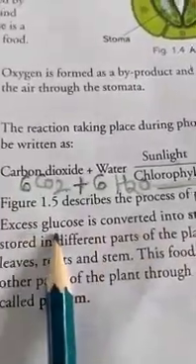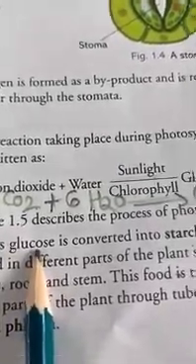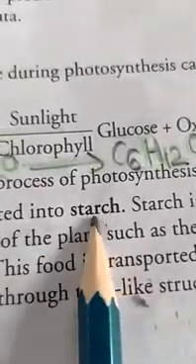Dear students, what is that glucose? It is the stored food which is prepared by the plant during photosynthesis. That is, simple carbohydrate is converted into starch. What is starch? That is a complex carbohydrate. Starch is